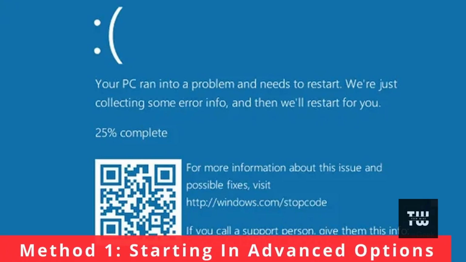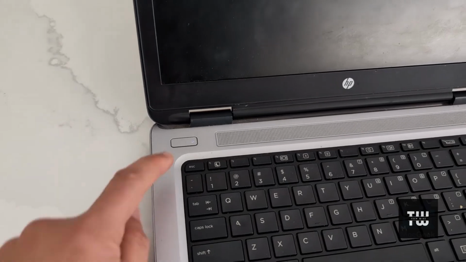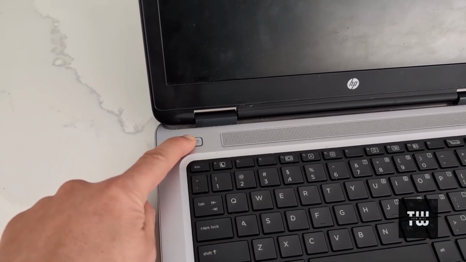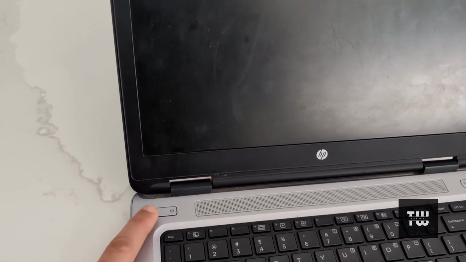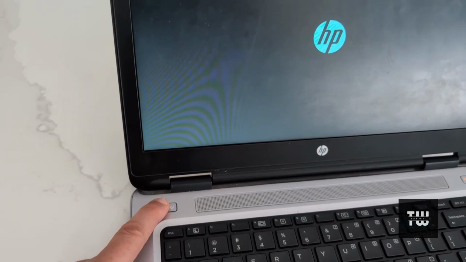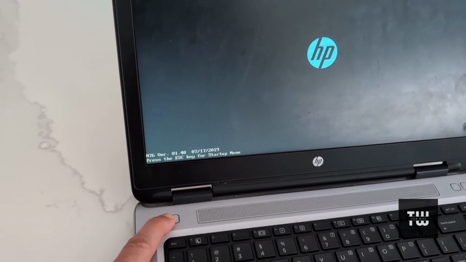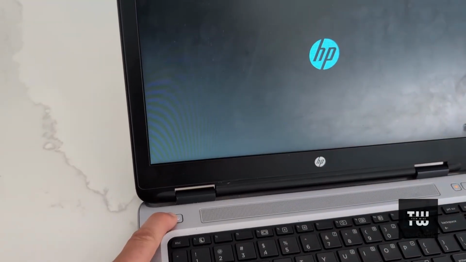Method 1, starting in the advanced options. If you're stuck on the blue screen, we need to hard boot into the advanced options. To do this, press and hold the power button until your PC or laptop shuts down. Turn it on again by pressing and holding the power button. As soon as you see the manufacturer's logo, press and hold the power button to forcefully shut down the computer. Now you need to repeat this process 3 times until you see the please wait screen followed by advanced options